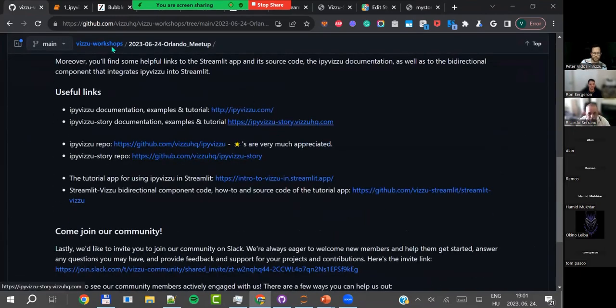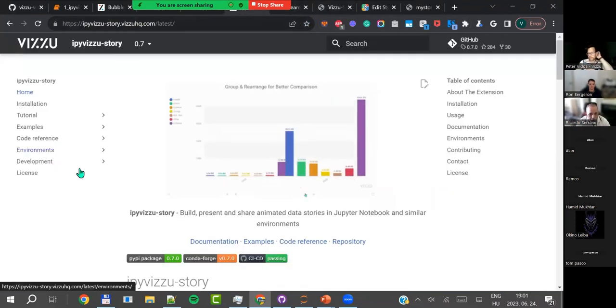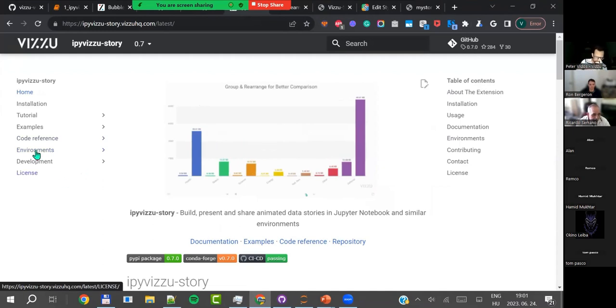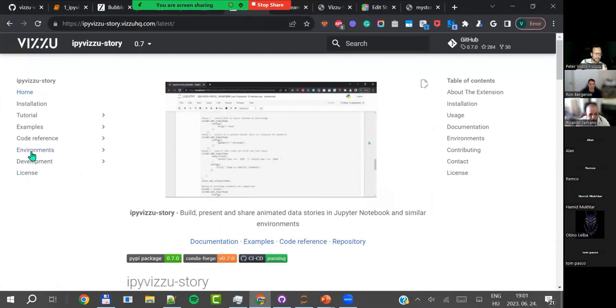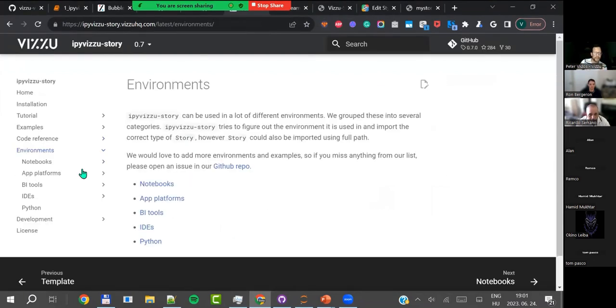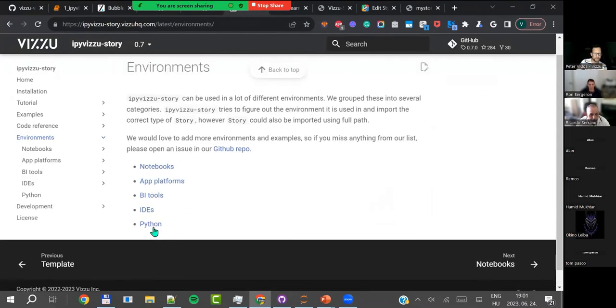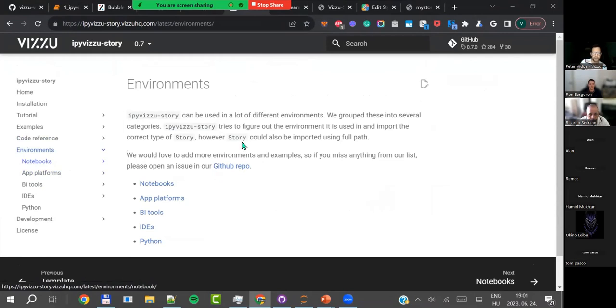We have a ton of examples over there too, and also in the repo folder. As I said, these playground notebooks should make it easier for you to understand and employ your logic. You also have the environments that this is available in and how you can use it. You can use it in Python separately from the notebooks as well. And a lot of other things. So that's the IPyVizzu story product we're having.